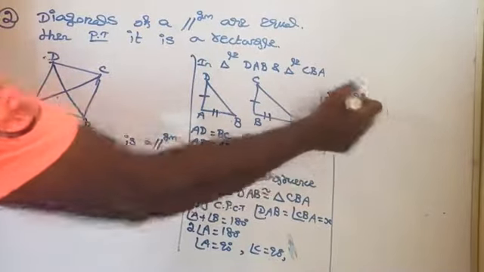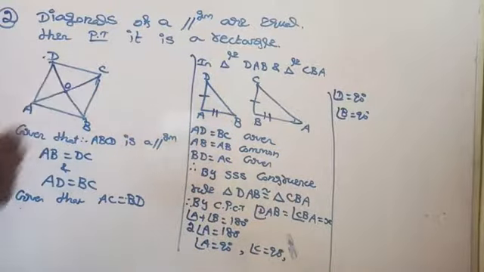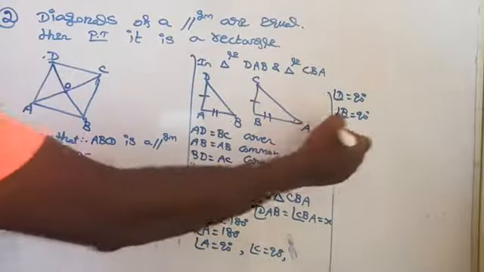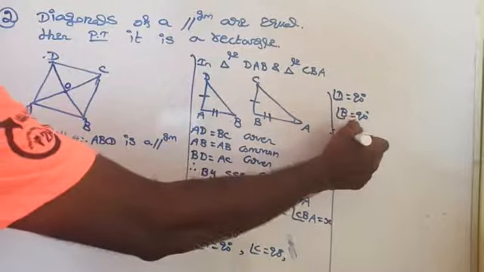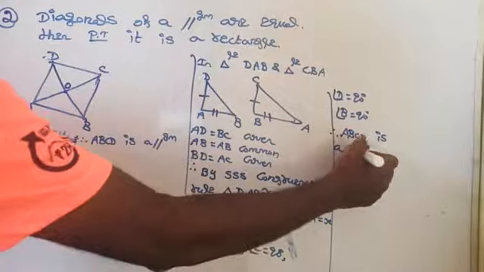So this parallelogram satisfies all the properties of a rectangle. Two pairs of opposite sides are parallel and equal, and the diagonals bisect each other. The diagonals of a rectangle are equal, and each angle is 90 degree. Therefore, you can conclude that ABCD is a rectangle.